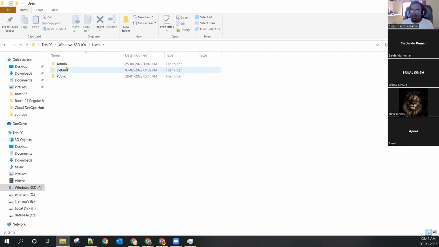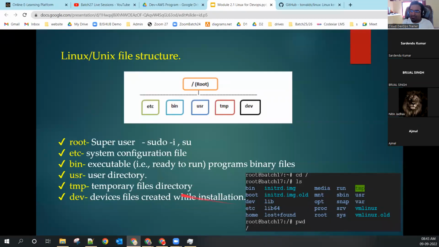Yes, your answer is correct. My name is admin in my machine. In your machine, your name is coming, right? Your name is coming, which means you are the user of your machine. My system name is admin, so it is showing as admin. Whatever your name is, it will show on your machine as well. Same thing in Linux. The users folder has all the user directories. Whenever a new user is created, the user details will be available in the users directory. Cool. tmp, temp. What is temp? Temporary files. What is the temporary directory?